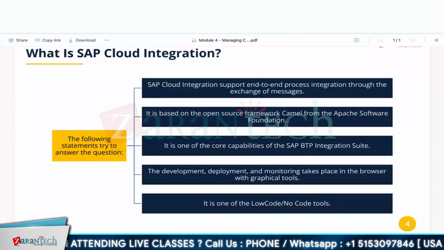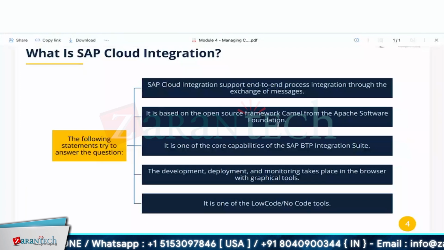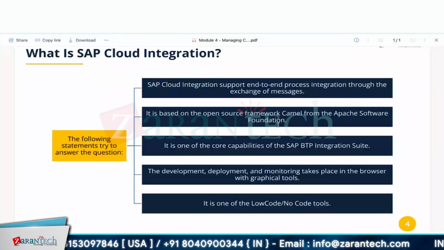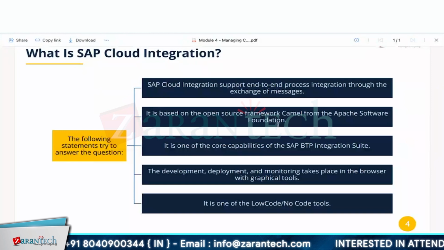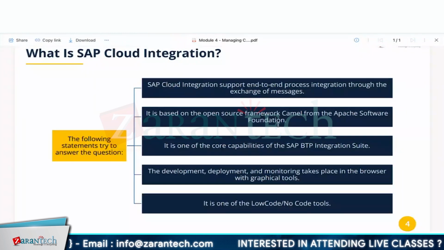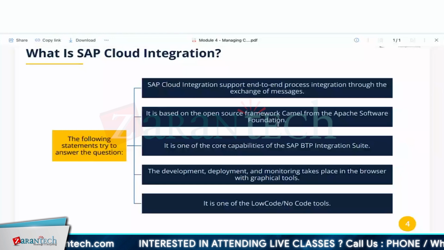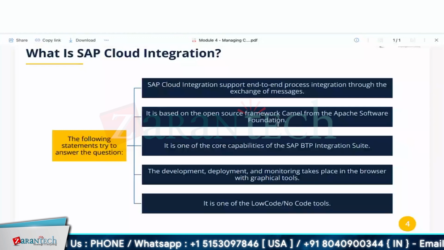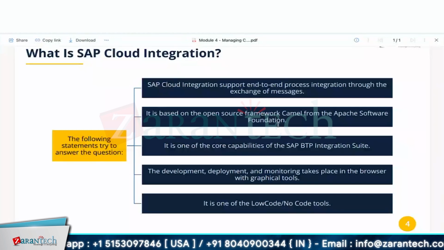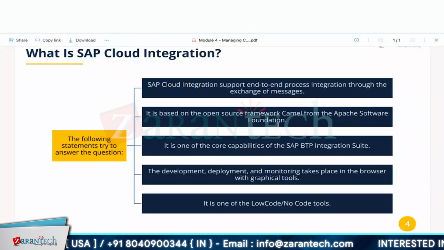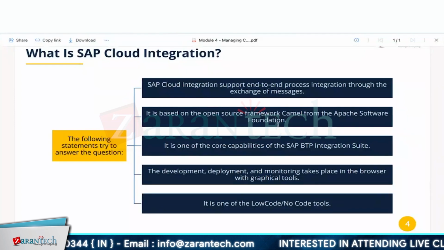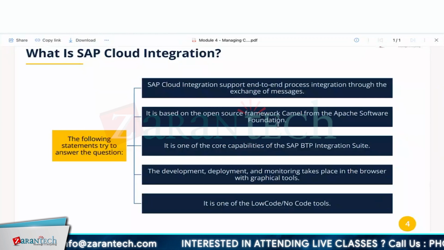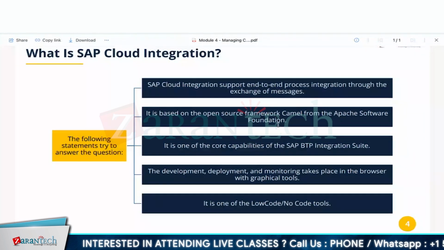And you can have another process call, you can use multiple system calls, and you can club the messages into one. There are also many components available in CPI. For example, if I want to connect a particular segment to another system, you can use a content enricher. So many capabilities are available, and you can use CPI seamlessly to get the data and send the data to your receivers. This is completely on the open source Camel engine framework,